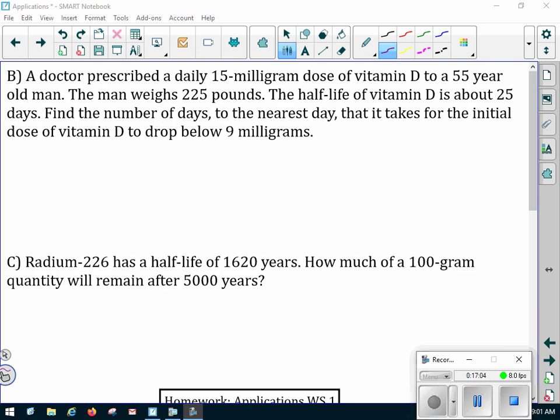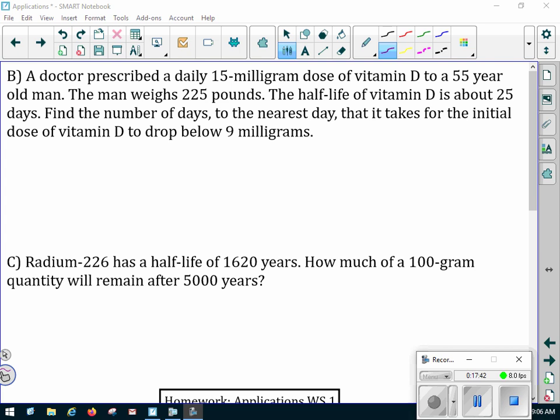Let me see here. Okay, so these problems were back on half-life, correct? Okay, here we go. A doctor prescribed, any of you thinking about medical school? Do you know that if you prescribe the wrong dosage for a patient, they could die? You got to know a little math because you better know how to prescribe the right dosage. You're right, it's not that hard, but